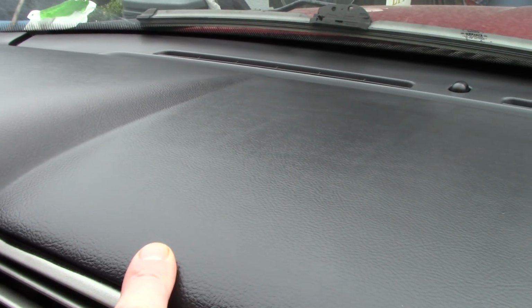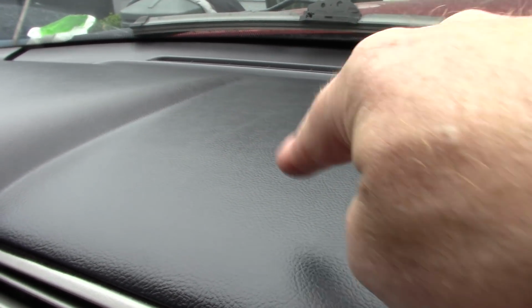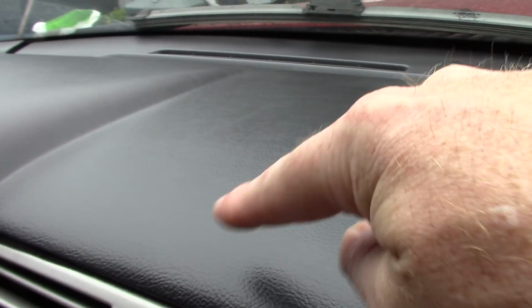Now over here is where I applied Chemical Guys VRP. That's a little bit more glossy. That could be an issue for some customers. It is an issue for me. I would not use Chemical Guys VRP on my own dashboard, even though it has UV protection, because it's too glossy, it's too shiny for me. When the sun is beating through this glass, I don't want that glare bouncing back into my eyes when I'm